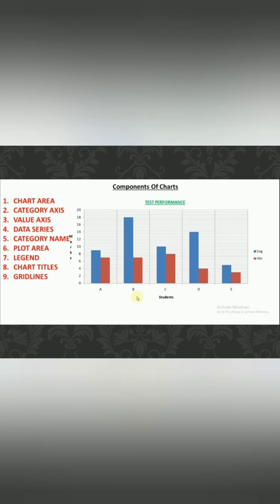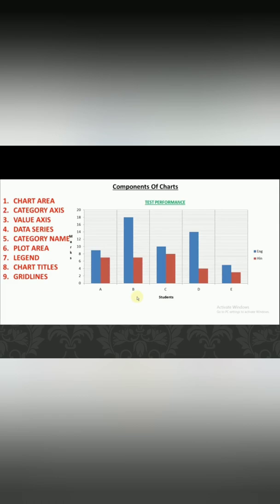Okay. Now what is a data series? A data series is the bars, slices or other elements that represent the data values. Like see here, the bars are in red color and in blue color. Now next is axis titles, or category names. So what are axis titles? These are the headings given to the x-axis and the y-axis. The titles help in understanding what is being depicted on the axis. Here the names on the category axis are called category names.